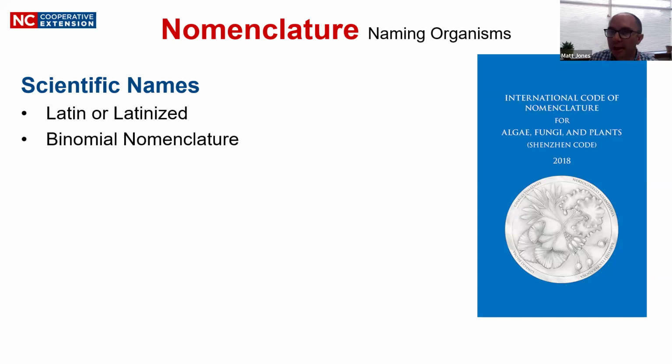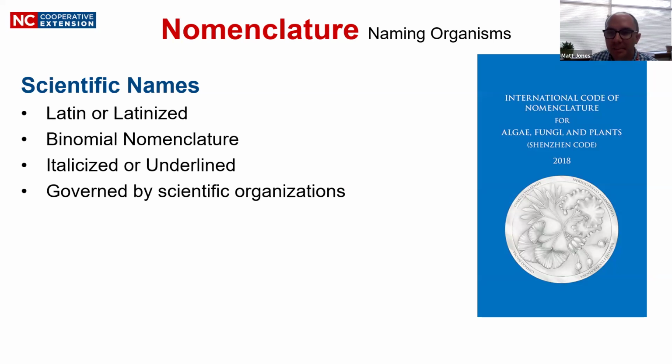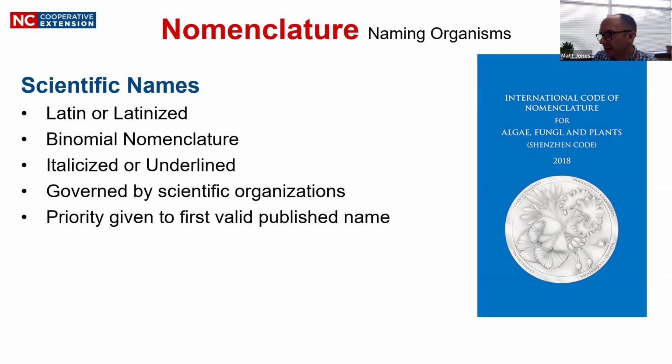Those name parts we'll look at in a second, but they include a genus name and a specific epithet to get one species name. When you write or read about these scientific names, they are supposed to be italicized or underlined. So whenever you're in communication with whatever group you're with, warm my botanical heart and underline or italicize the Latin name, please. And as I mentioned, these are all governed by the scientific organizations like the ICN, and then